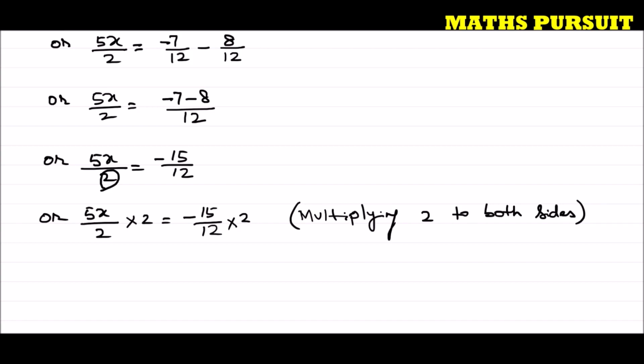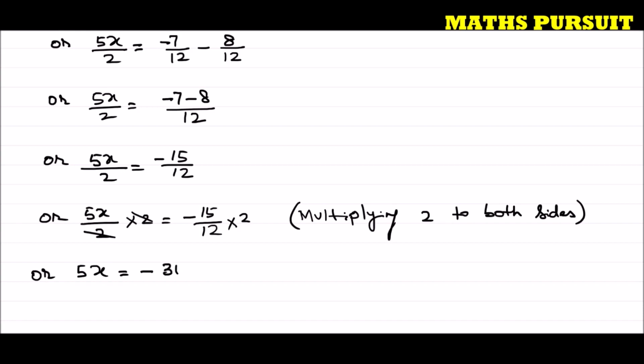I will gradually eliminate this 5 also, so that I will be left with x, so that we can get the value for x. For that reason, first I have started eliminating 2. Now you could see that in the next step this 2 will be eliminated. This 2 cancels out. We are left with 5x is equal to minus 30.